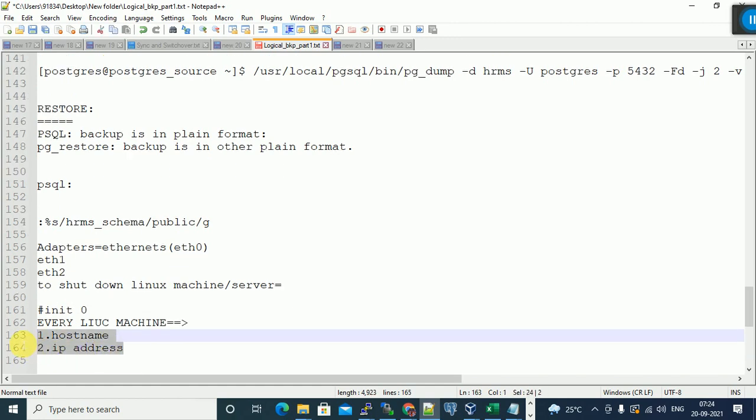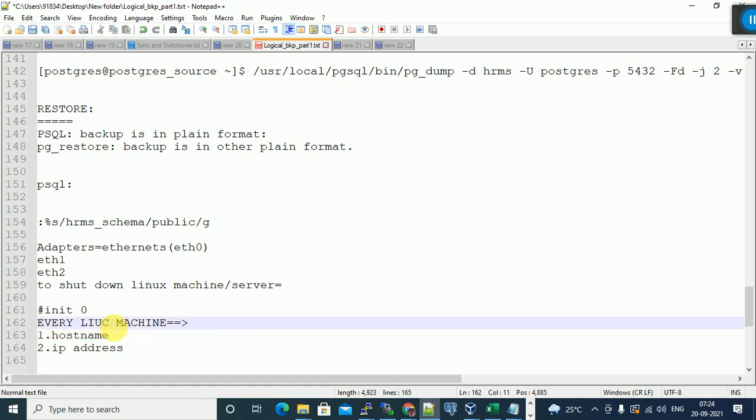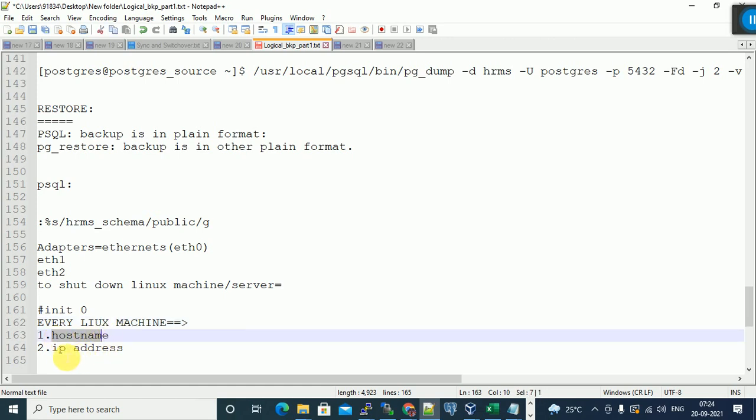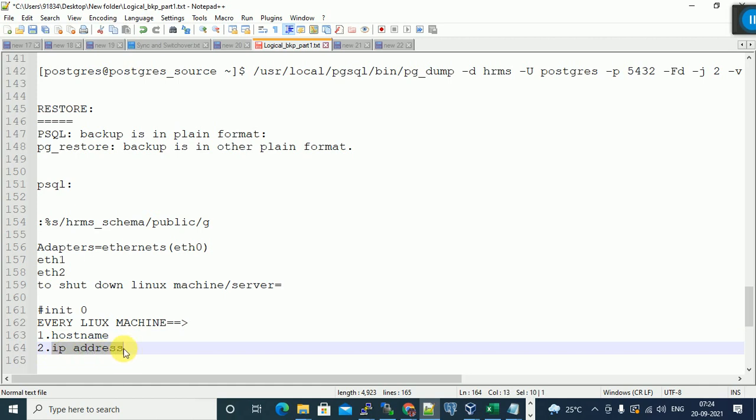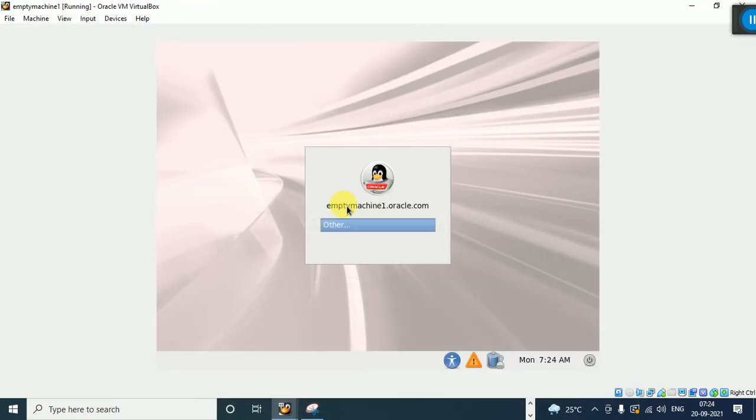These two are mandatory. Host name means the name we gave somewhere while installing Linux. That is the Linux host name. Every Linux machine or Linux server, both are the same, has one host name and one IP address.